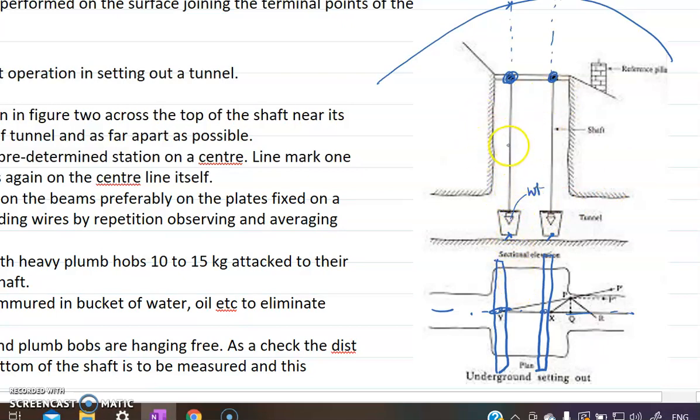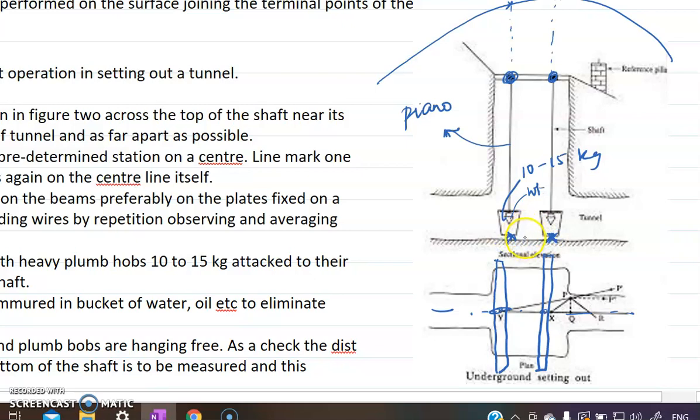This is a wire, right? Usually piano wires are used. These are very high strength wires, and at the end there will be a heavy weight, usually around 10 to 15 kg. The weight is hung from these beams. Then wherever it stops, that point is usually transferred down on the floor.